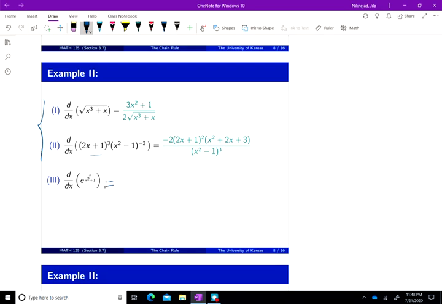What happens then? So in here you have the outside function is e to the u, and the inside function, so y is equal to e to the u, where u is x over x squared plus 1. So the derivative dy du is just e to the u, e to the u itself. So basically, the outside shell is e to the power, and that doesn't change. Then the inside shell, du,